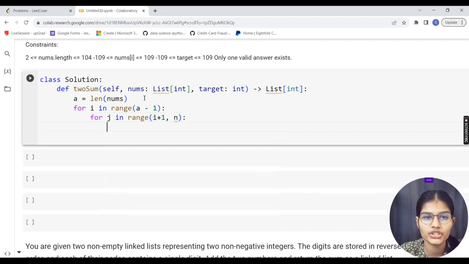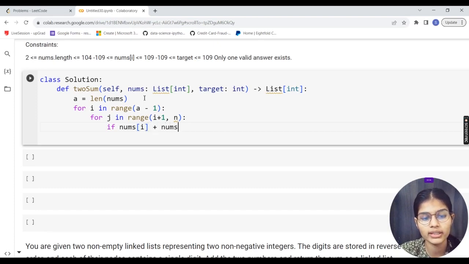So the first loop was for counting the total length and going up to the length, and the second one was the key from I plus 1, which means whatever positions we are incrementing, I have to go to each and every single position from here. Right, now my condition will be: whatever the indices we are having in my nums,